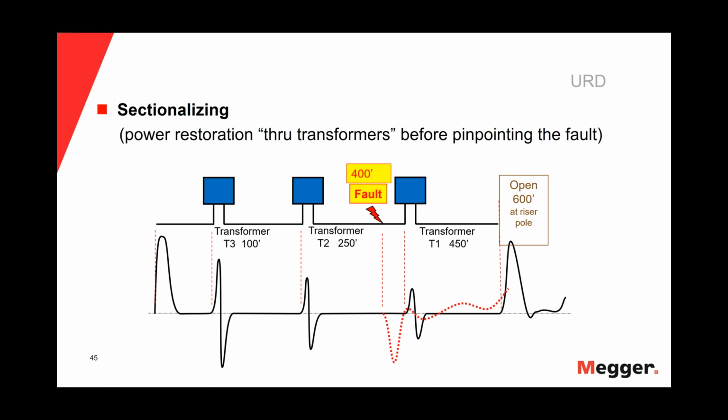So when we talk about fault locating, there is this troubleshooting aspect where we can use the arc reflection method to very quickly isolate and do power restoration. And then of course, once we've isolated, say this piece of cable between the first and the last transformer, although now that I look closer at my display here, I see it's labeled the opposite of what I said. If we isolate this cable between T1 and T2,